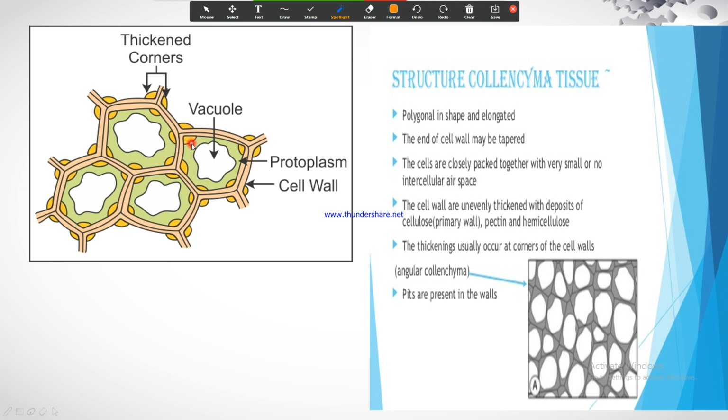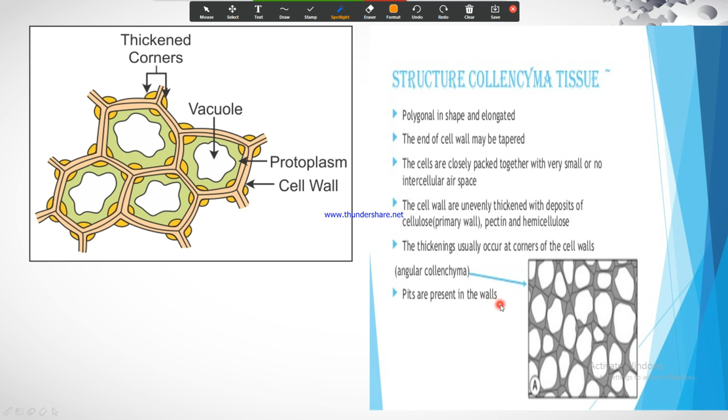Okay, at the corners. And what is the substance known as? This yellow color substance is representing that. That substance is made up of cellulose, pectin and hemicellulose. So these are the components present in this thickening material. Remember, cellulose, pectin and hemicellulose. Cellulose, you already know, is a substance which is present in the cell wall. In the same way, some amount of cellulose. Pectin is a type of complex carbohydrate. Even hemicellulose is also present in these areas. Thickening usually occurs at the corners of the cell wall.